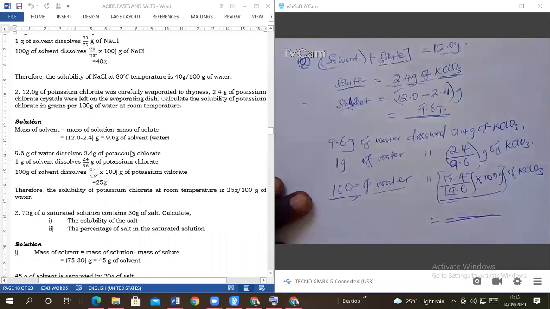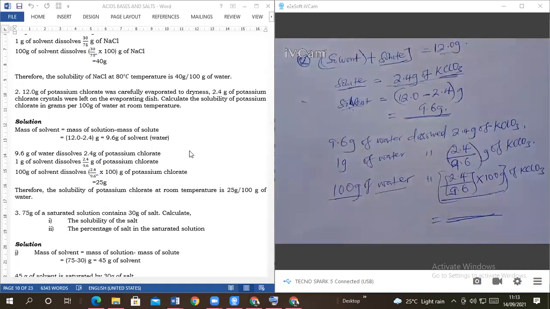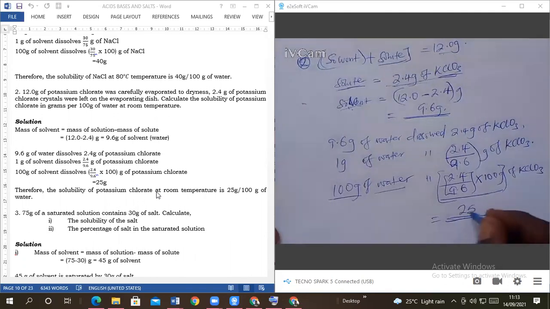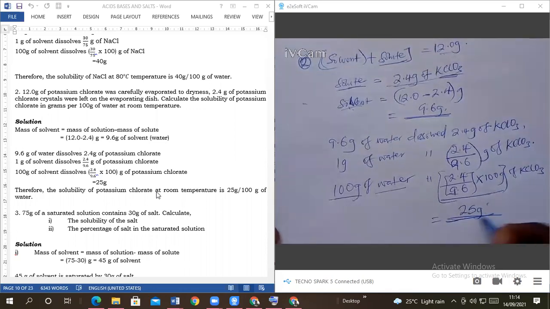After this 1 minute, we shall still use the same link to come back to our lesson and proceed with the next number. The answer is 25 grams. So when you write solubility, you don't write